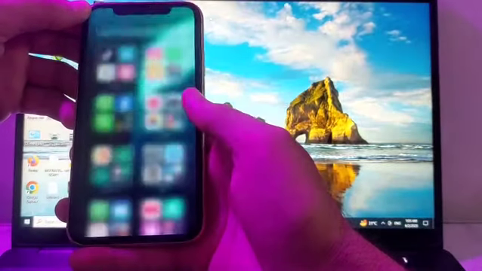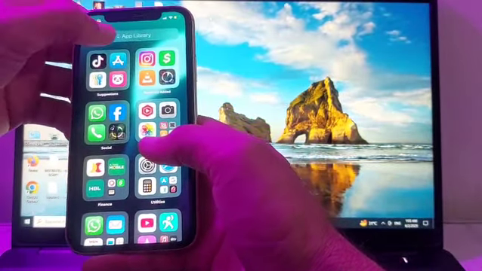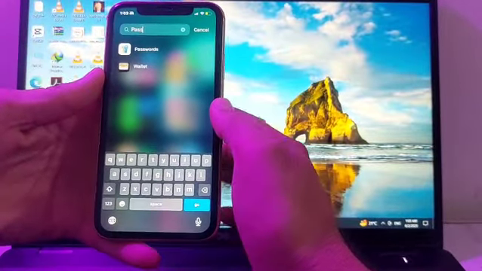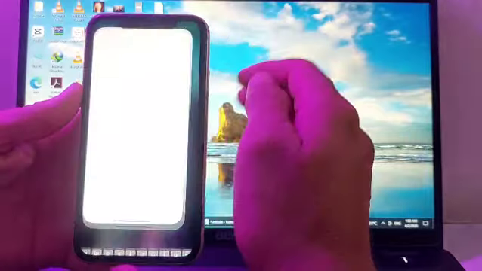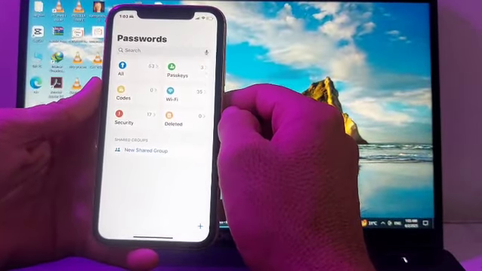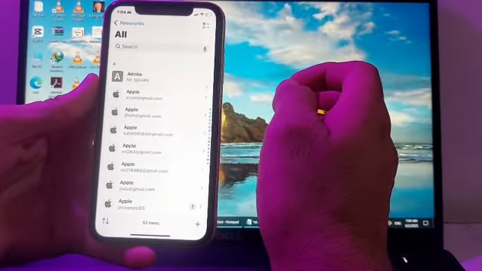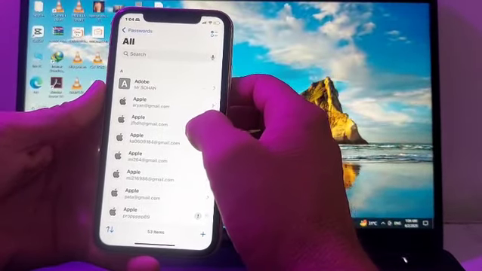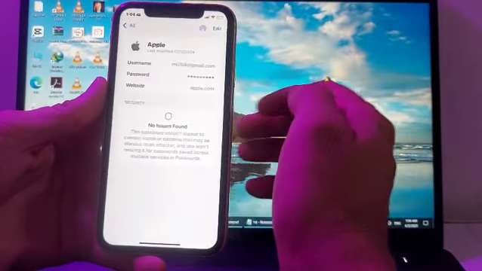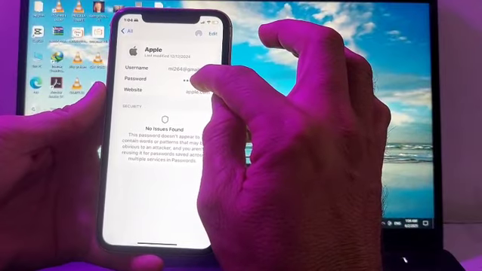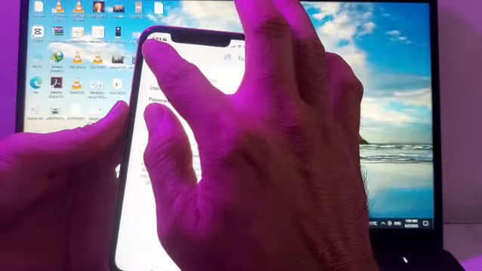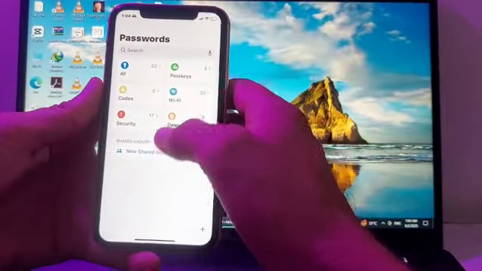So the first one is here, you'll need to close this tab. Then after that, here in home screen, you will have to search for the passwords app. So here is the passwords app. Here you need to tap on this. Then after that, you will see this tab interface. Here tap on all. So after that, here you will find your Apple ID. So here is my Apple ID. I will need to tap on this. Then after that, here is the password of my Apple ID. Here I will simply copy this password and paste it there when I try to sign out my Apple ID